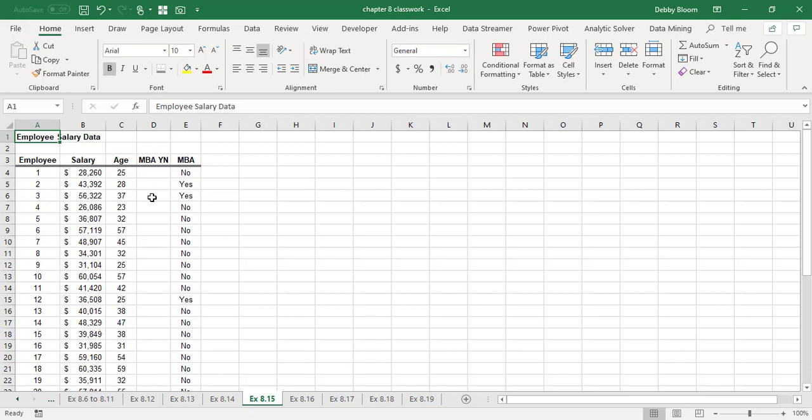In this example, we'd like to do a regression including whether the person has an MBA or not. Unfortunately, we can only regress numbers. We can't regress no and yes. So what we're going to do is turn every no into a 0 and every yes into a 1. So the coefficient for MBA, yes, no, will basically tell you how much extra salary you earn if